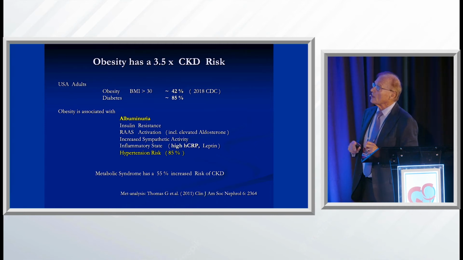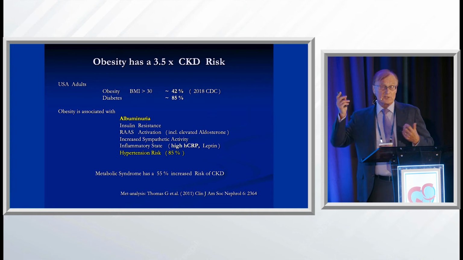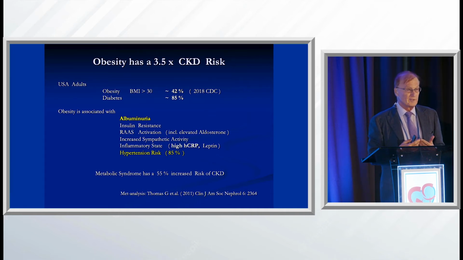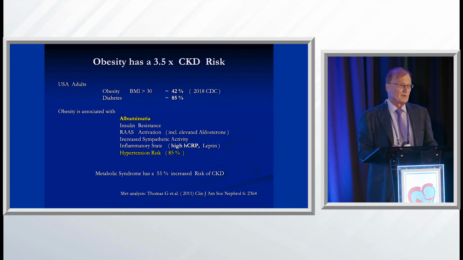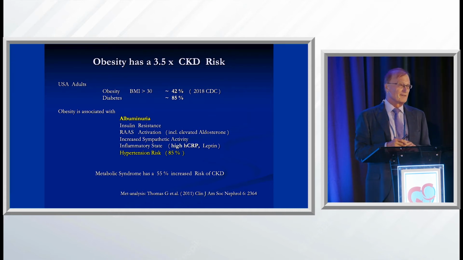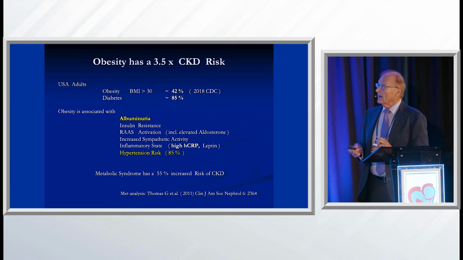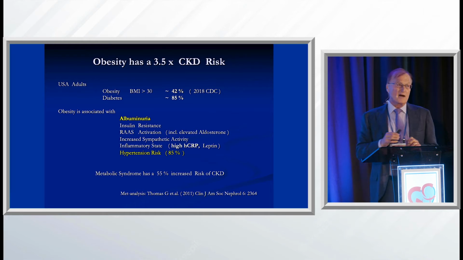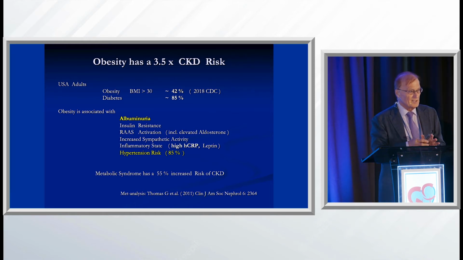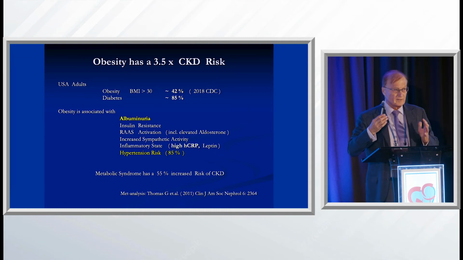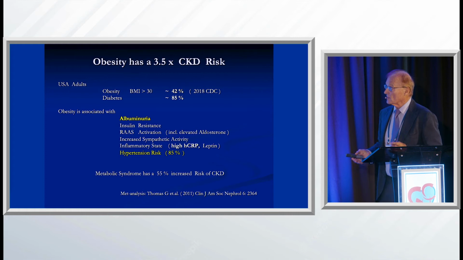So now let's talk about obesity. As I mentioned earlier, we're at 42% in the US with a BMI over 30, and I heard the number earlier from Dr. Pecky. You said that we're going to be at 50% by the year 2030. And what you need to know is that the average BMI of all type 2 diabetics in the United States is 31. Okay? This is just unbelievable when you look at all the studies.